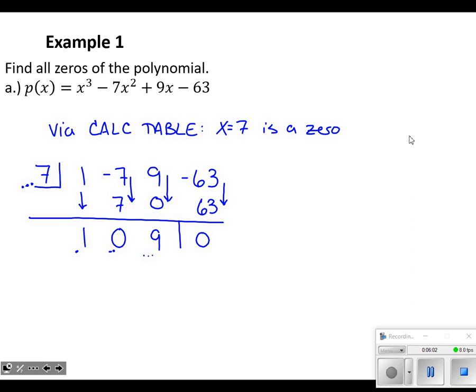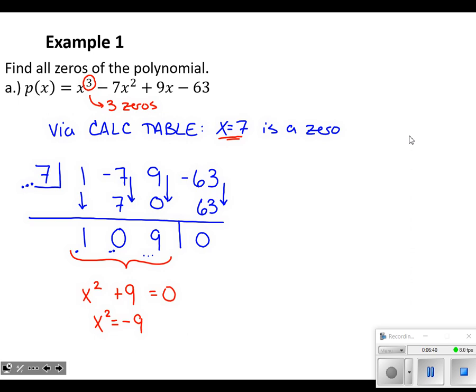I know that this is a third degree polynomial, so it has 3 zeros, either real or imaginary. We've found one of them. There are 2 others. The result of our synthetic division, this 1 0 9, represents 1x squared plus 0x plus 9. So I'm going to take that, now that we've divided out the solution of 7, and I can find the remaining solutions through this depressed polynomial. And for this one, since I'm just solving for x, let's go ahead and subtract 9 from both sides. And then all we have to get rid of is the second power.